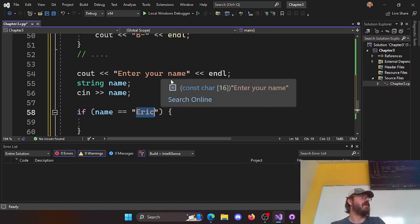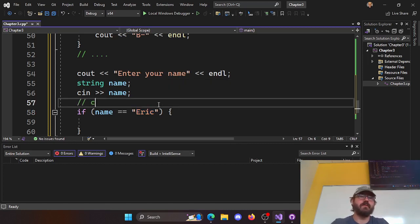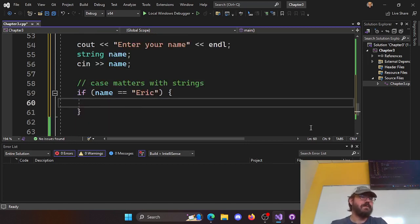Because capital E is a different number, a different letter than lowercase e. It's a different number, different letter. So you have to be careful here. So case matters with strings, right? Just a warning here. So if you entered Eric,